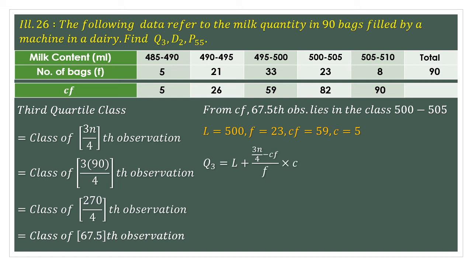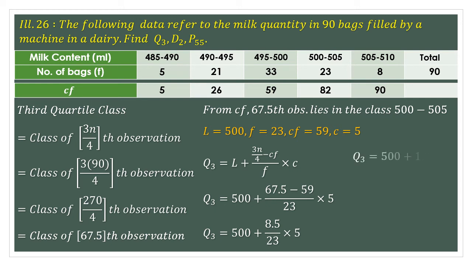L plus 3n upon 4 minus Cf upon f into c. Let's put the value into the equation. 500 plus 67.5 minus 59 upon 23 into 5. I have just put all the values here. That would give us 500 plus 8.5 upon 23 into 5. So 8.5 upon 23 into 5 is 1.85, and the answer will be